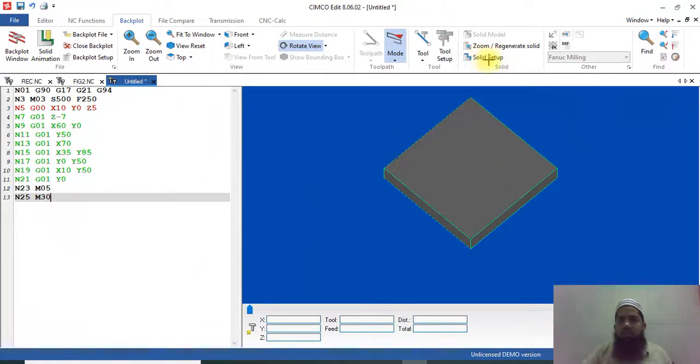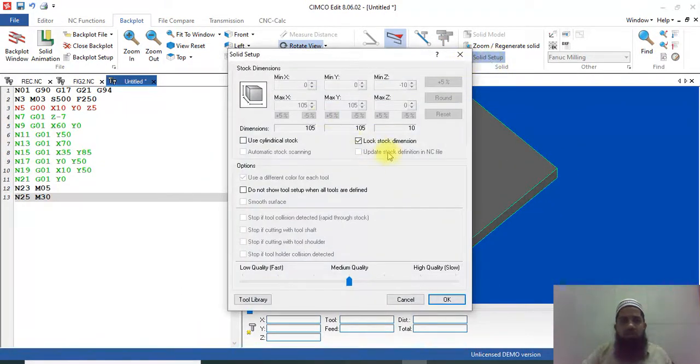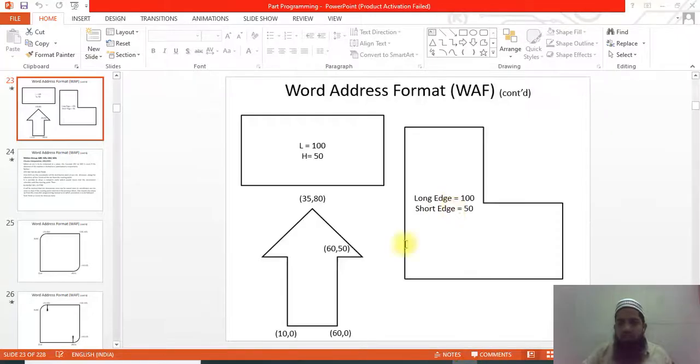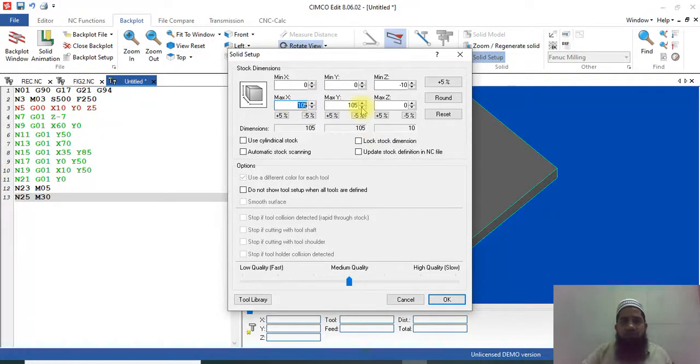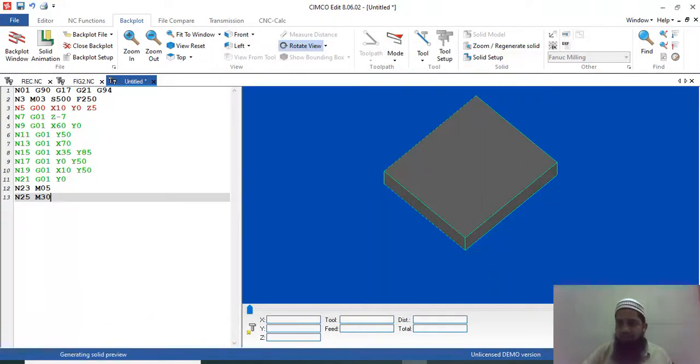Just select the solid dimensions. In the solid dimension, the maximum is 80, let us take 85. It is 70, let us say 75. So this will be 80, this will be 75, and this will be 85. Log dimension.